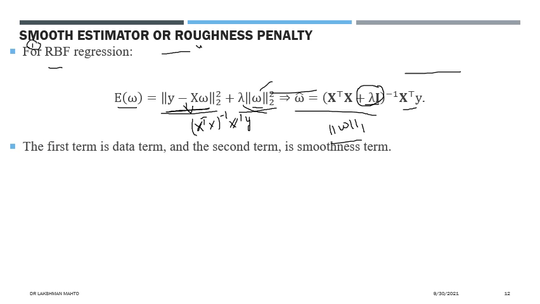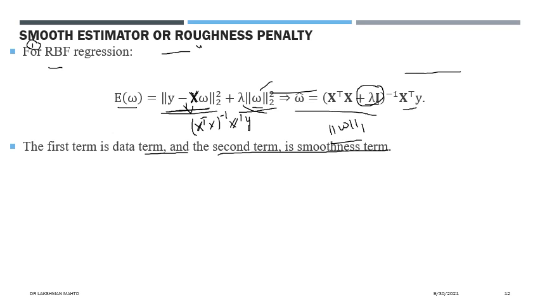So the first term, you can see it here in this error term. The first term we are calling the data term, because it is directly coming from the data. X is the data matrix, directly coming from data. And y is the response vector. Again, that one is coming from the given data set. So the only unknown is omega, and that measures the model fit from the training data. It is measuring the model fit.